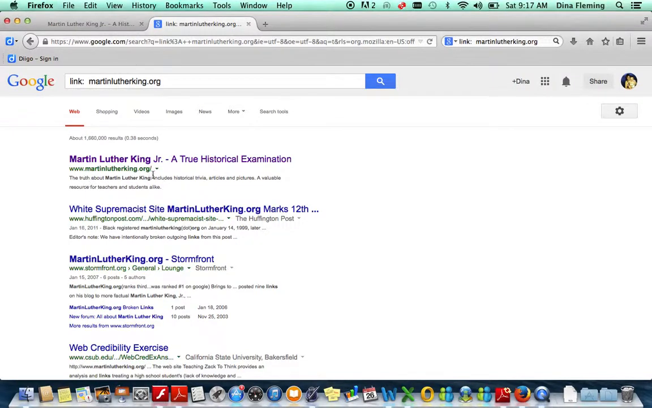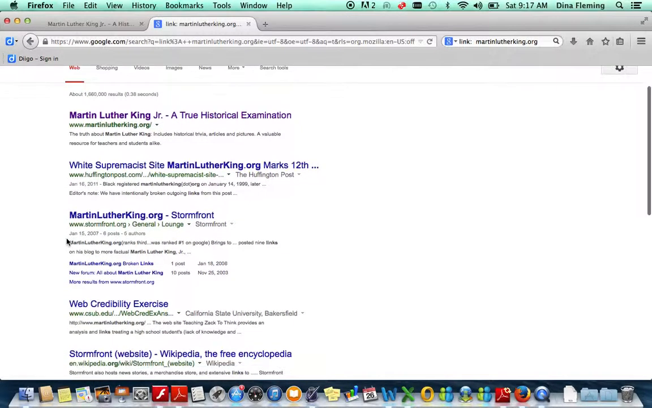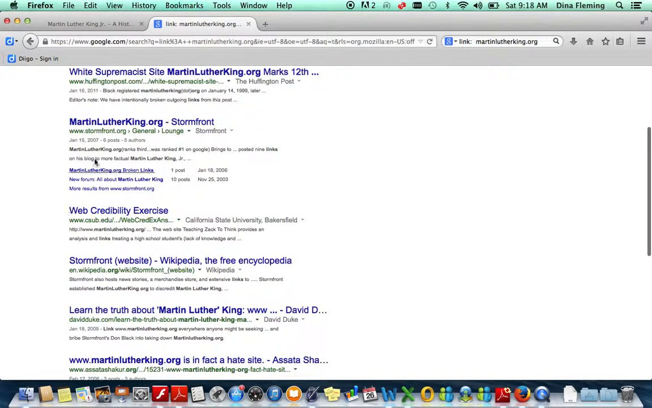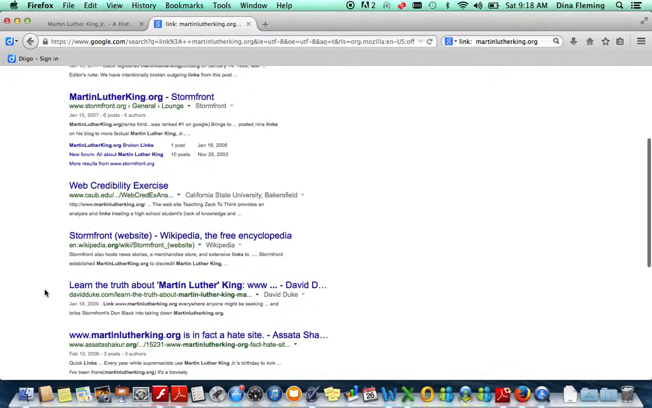And as we quickly scan our hit list, first, of course, we come up with the page itself. But after that, we see that the Huffington Post wrote an article about this page, and it discusses how it is Black registered martinlutherking.org. If we look just right here, it says immediately that it's run by a white supremacist site, which confirms that it's not a very credible host. We have the organization themselves linking to that page, stormfront.org, providing a link to that page. But if we continue down here,